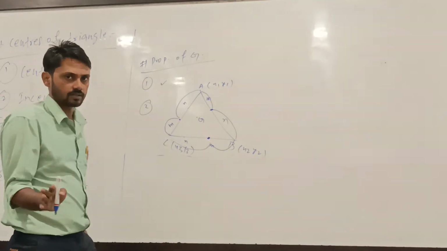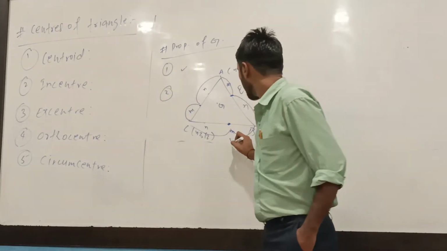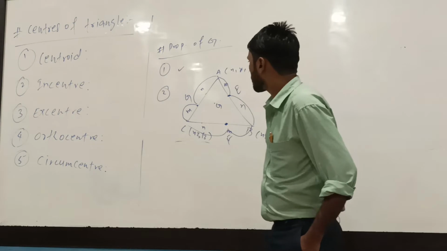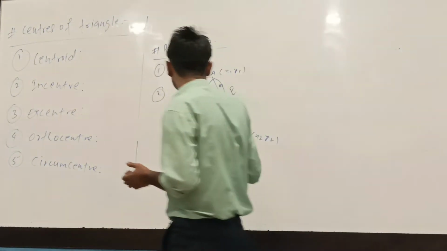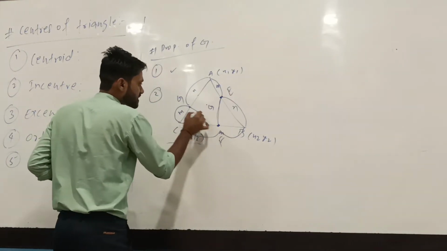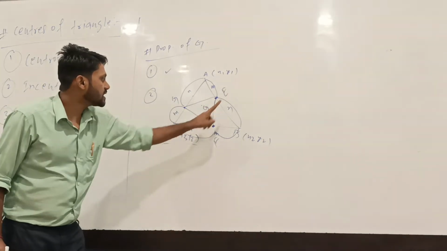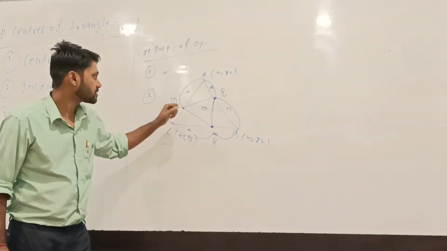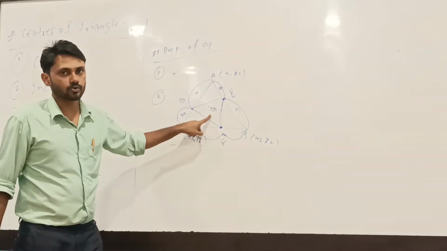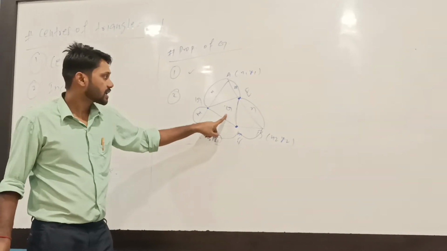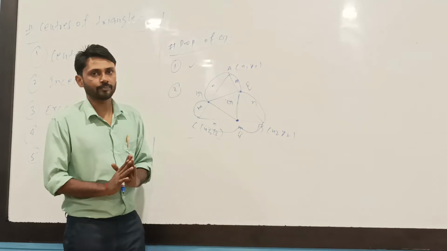I mean to say that, in simple language, if these points E, F, and G cut their respective sides in the same ratio, and you join them to make a triangle, then remember, the centroid of triangle EFG, or GEF, will also be the same centroid. Okay, this is the second property. Remember, the ratio may be anything, but the ratio should be the same.